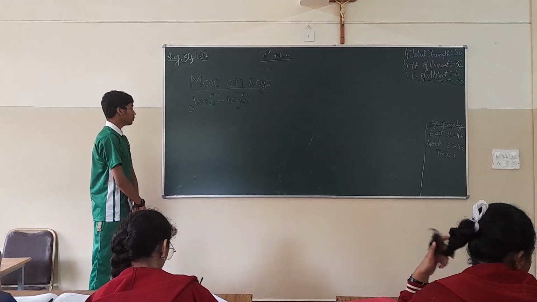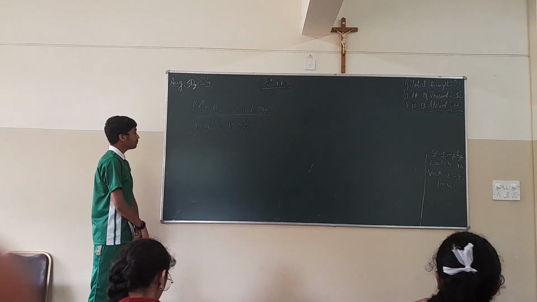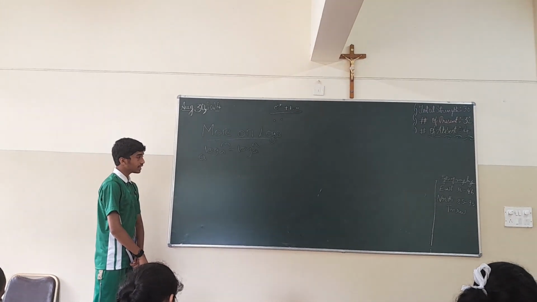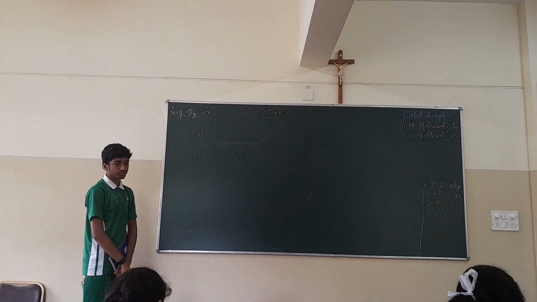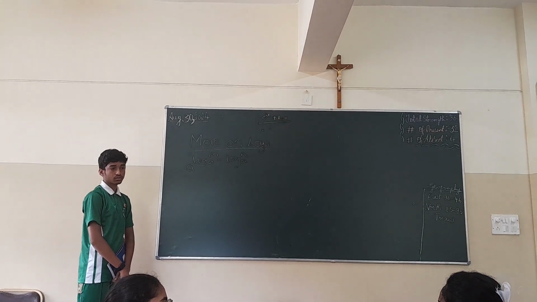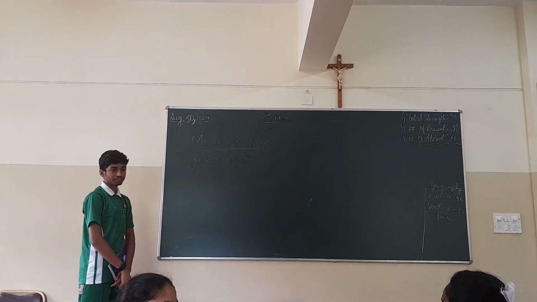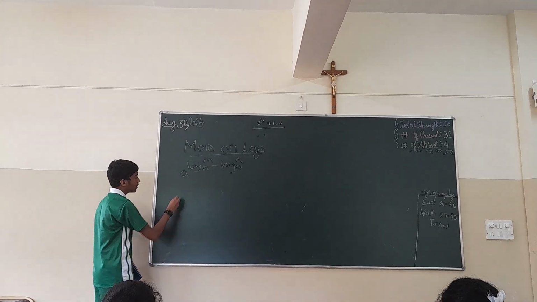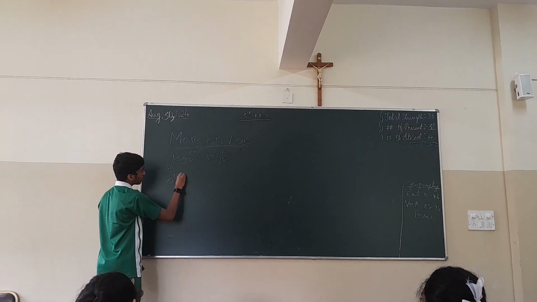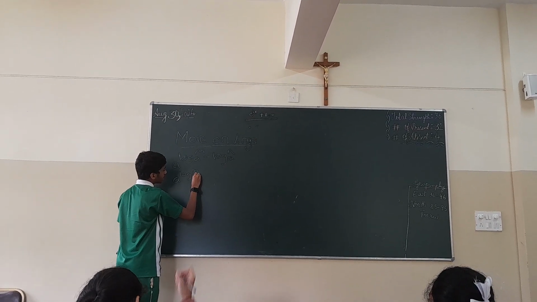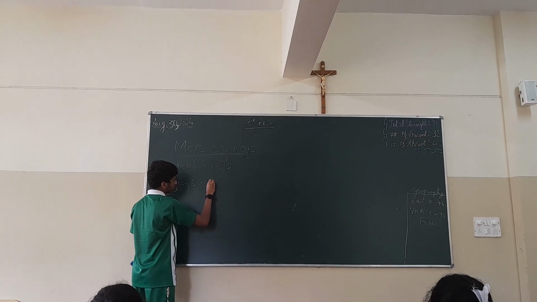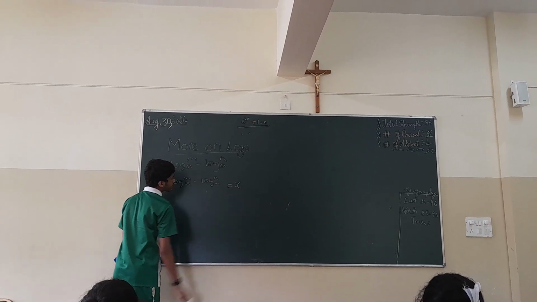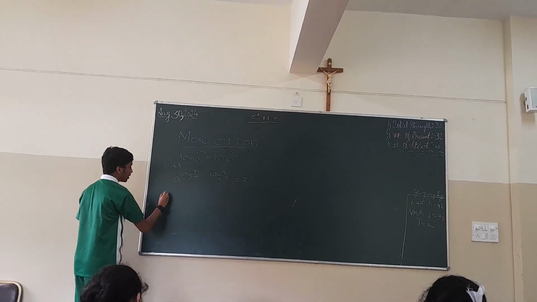Now, a raised to log m to the base a minus log n to the base a. What do you think the answer should be? Anyone? m divided by n. Good. Nice. All of you are thinking the right way. Let this be equal to x. And write in log format.